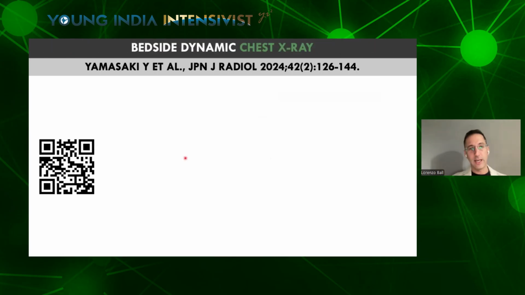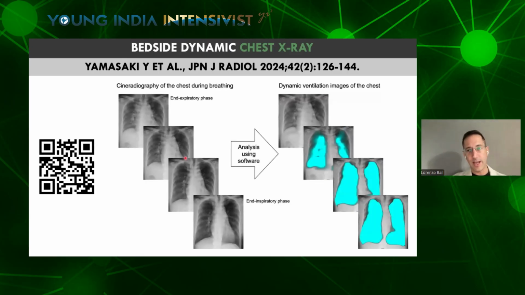There are evolving techniques at the bedside. We have algorithms that are being implemented in the machines we use to acquire chest X-rays. So we go back to where we started from. We can acquire a continuous chest X-ray during a breath hold. Any change that we see in the chest X-ray is probably due to the change of the blood content, so perfusion. Then I reacquire the same chest X-ray during dynamic ventilation, and changes in the chest X-ray in that case will be due to ventilation.